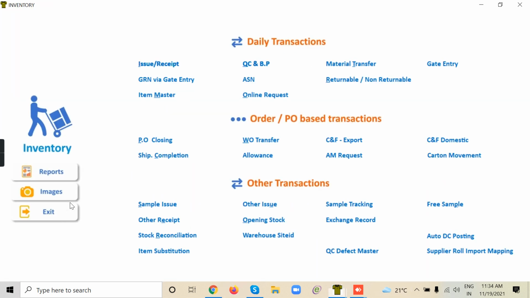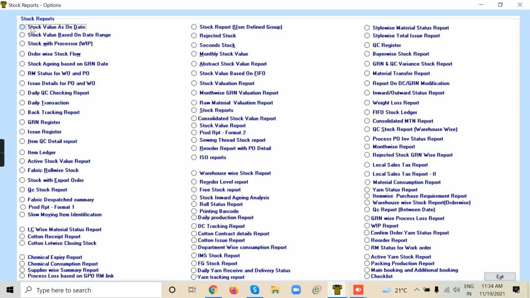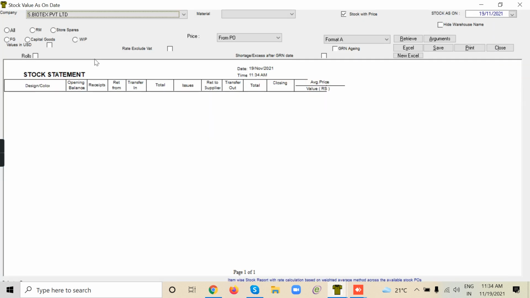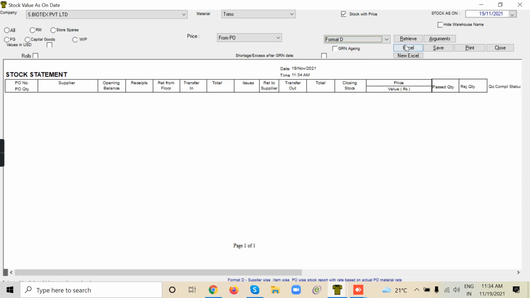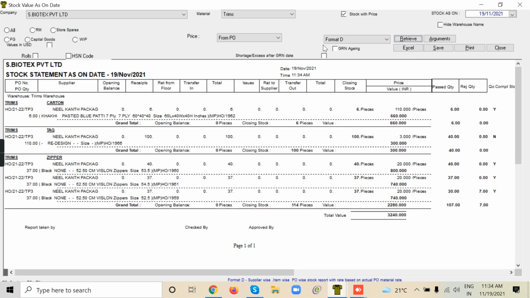Okay. In the main inventory reports also, in stock value as on date, here you can see the QC status.